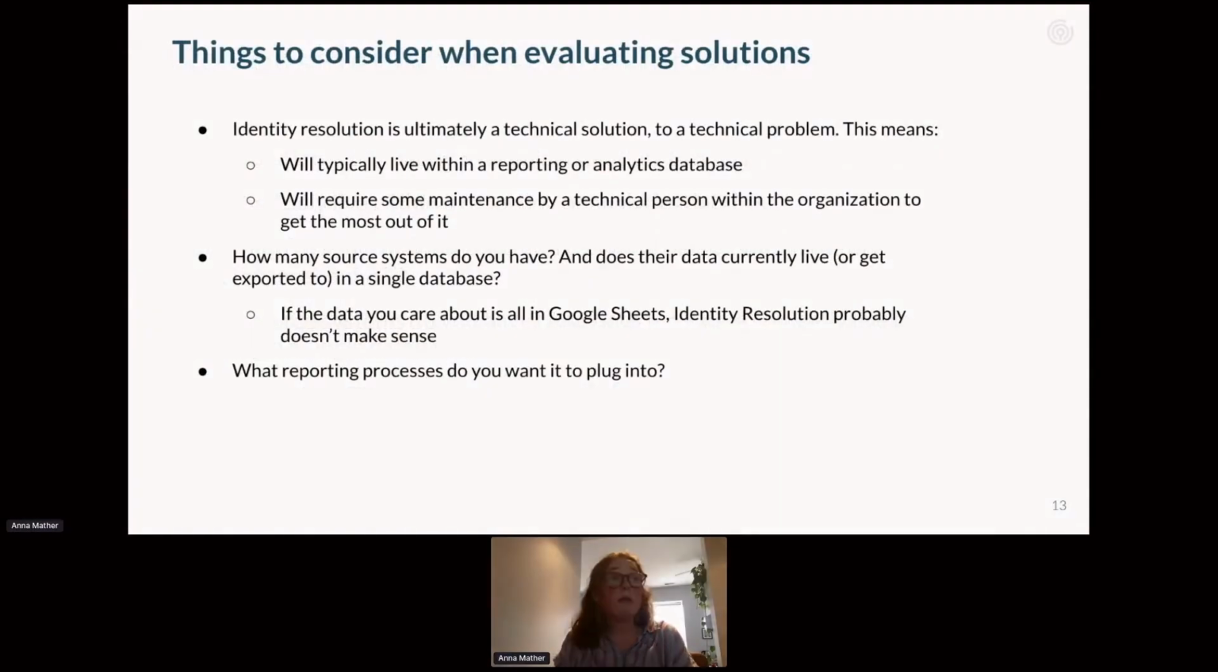Another thing you probably want to consider is how many source systems you have and where that data currently lives. And is it on a database already? If all of your data and all that you care about is in Google Sheets currently, ID resolution might make sense down the line. It doesn't mean that it's not going to solve a future problem, but it probably won't fit well into your existing infrastructure. And then finally, if there are processes that you want it to plug into, whether that's processes already running on the database,